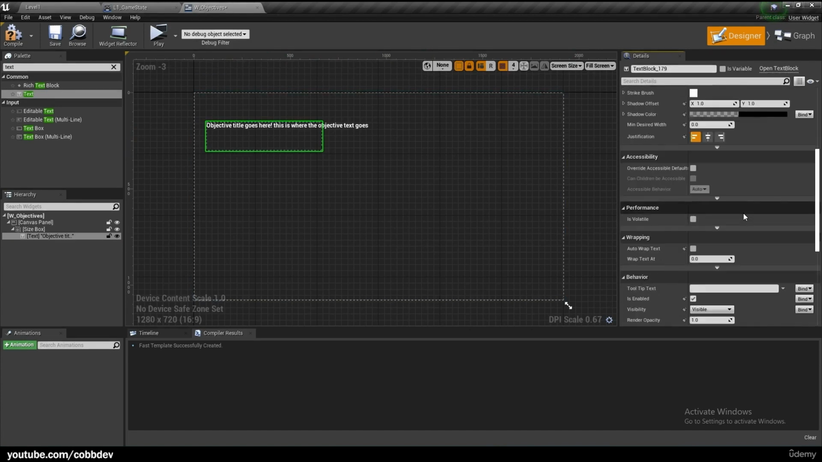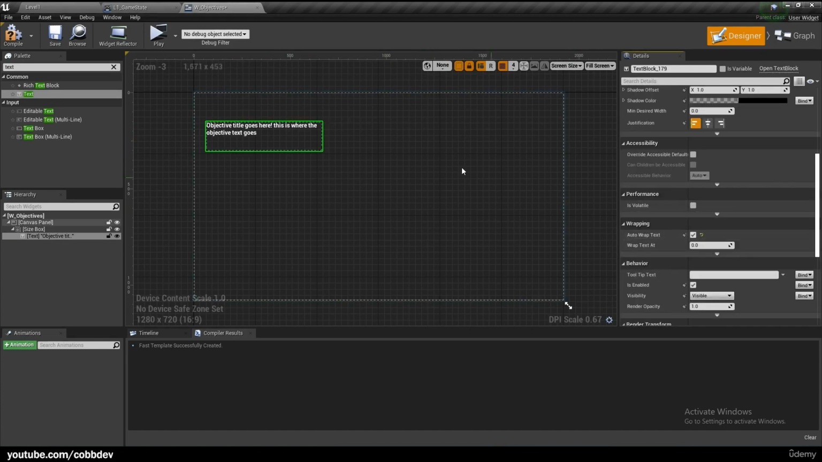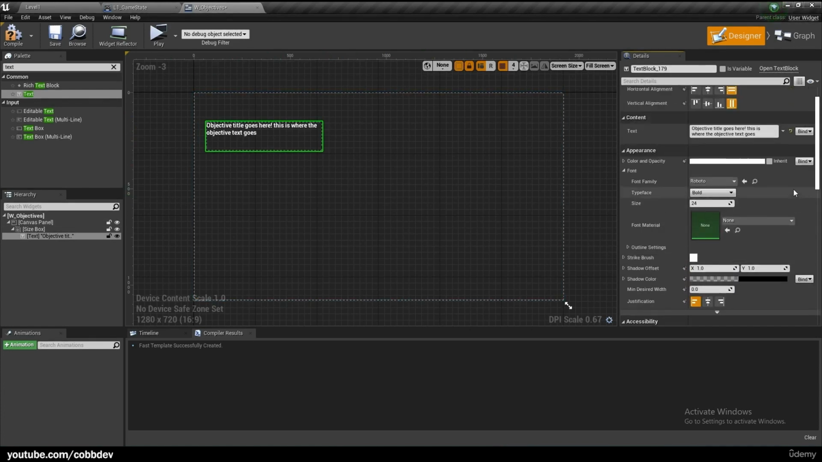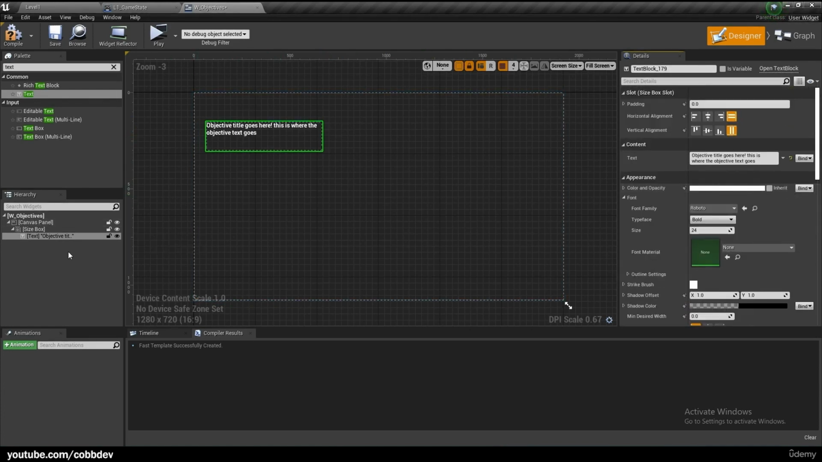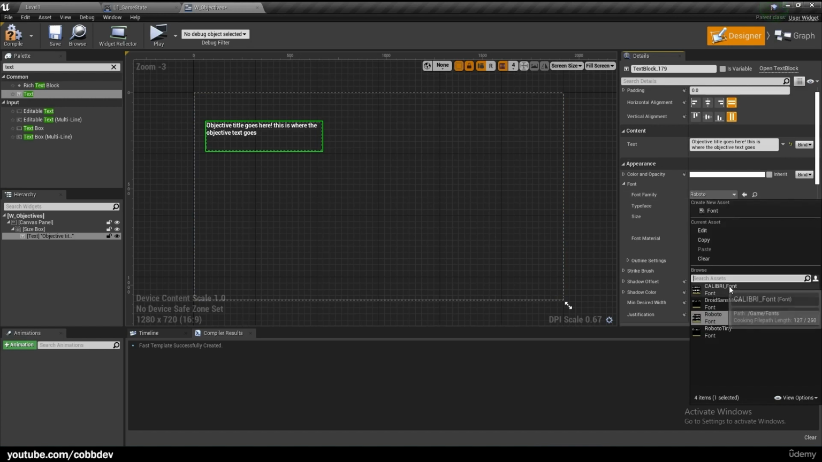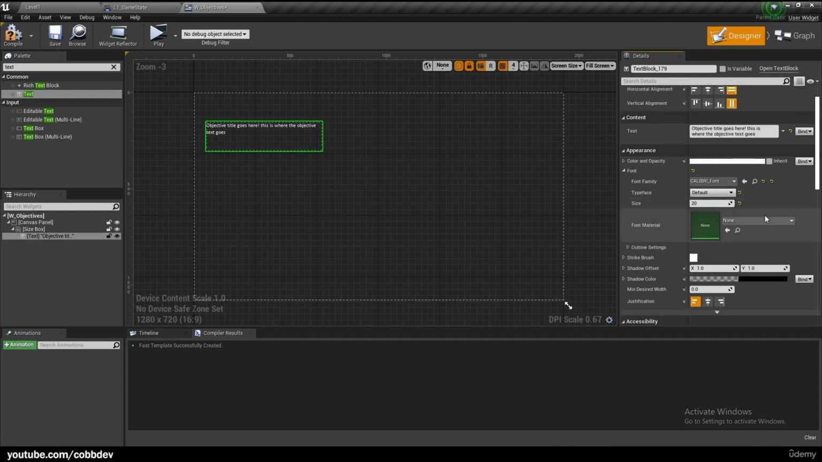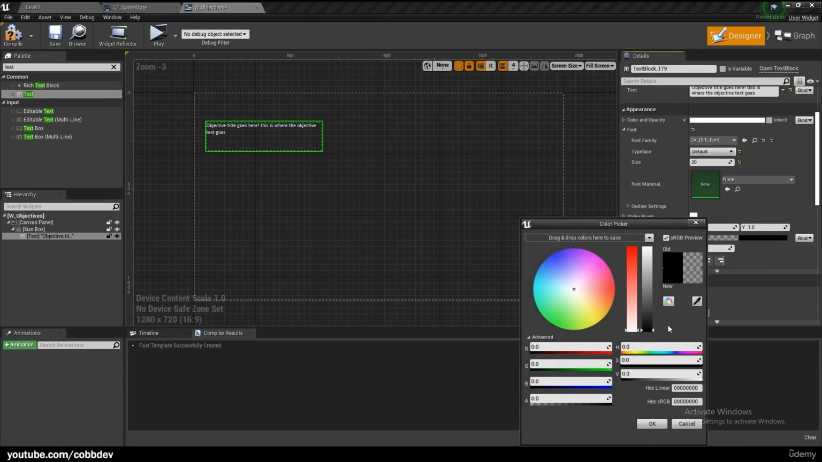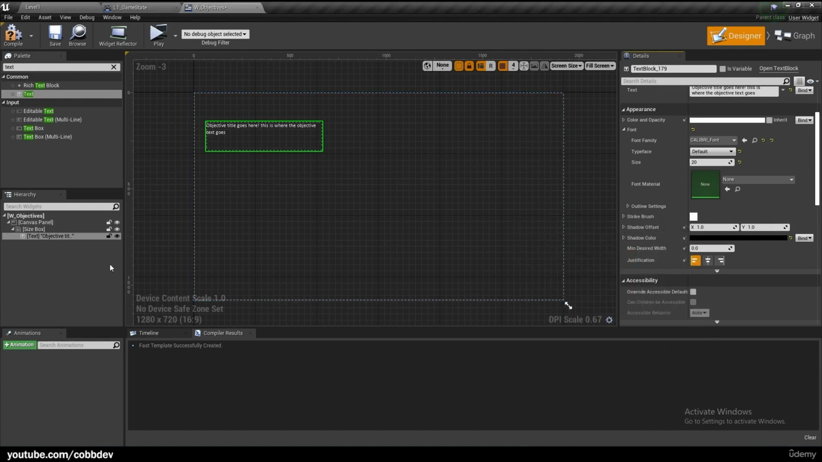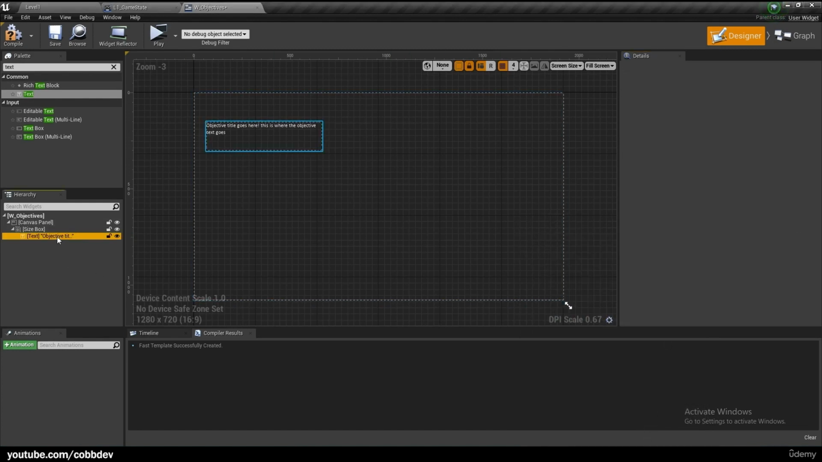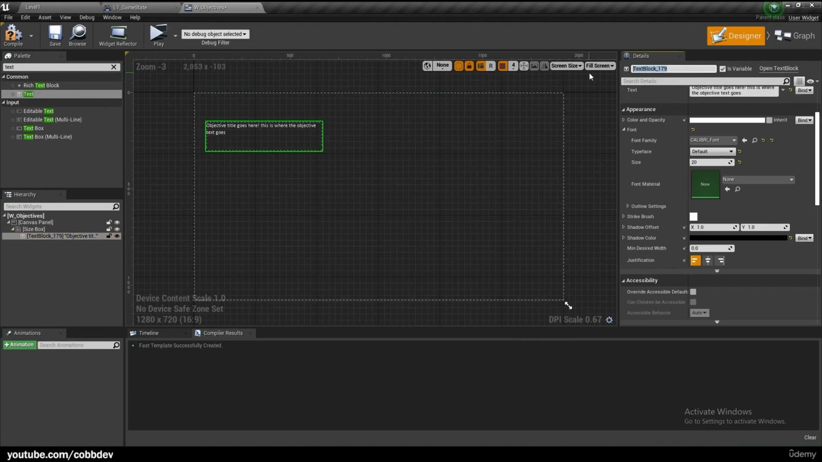So if we scroll down and select auto wrap text, it'll automatically detect that. I'm also just going to make it our font here. Maybe size 20 is fine. Maybe give it a shadow, just so we can see it a bit better. And that's good enough. So let's make the text a variable, and we'll call it objective text, so we can